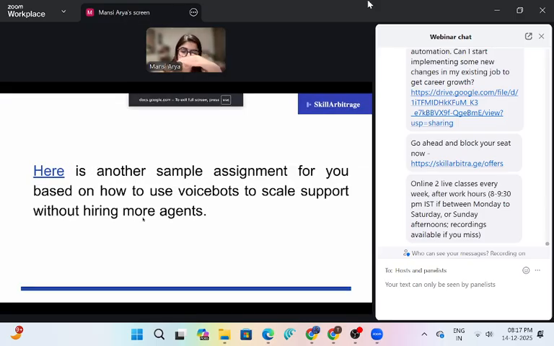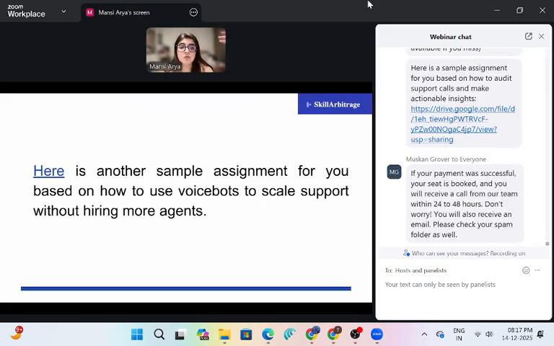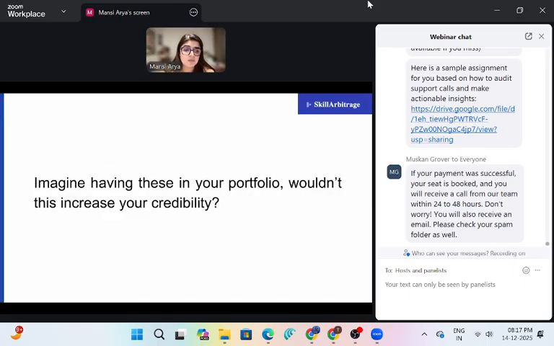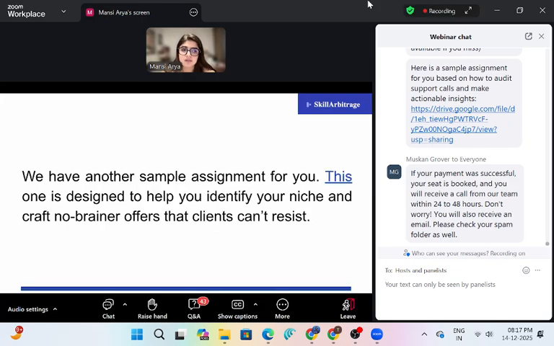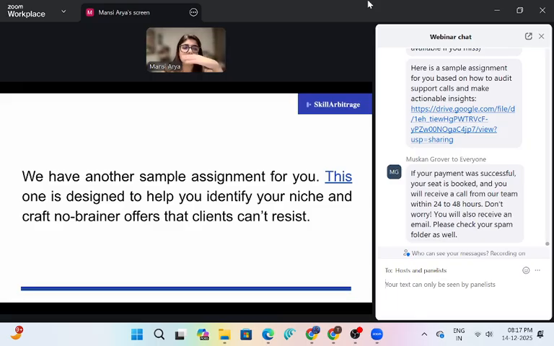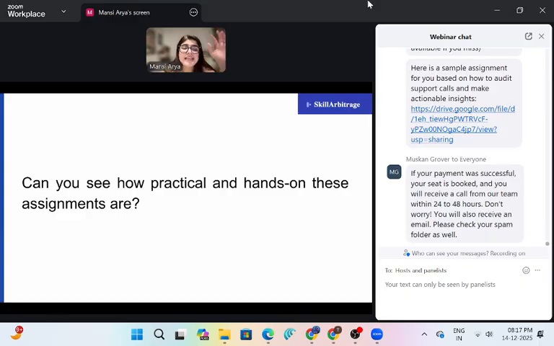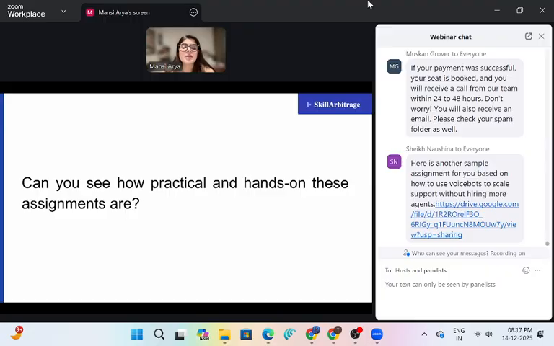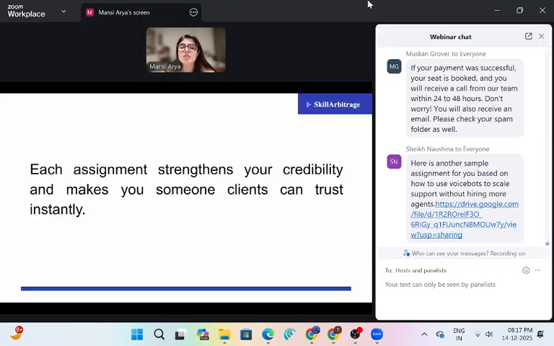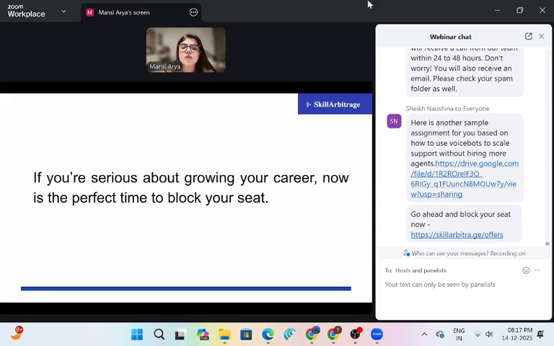Now, I can share multiple sample assignments for you on how to use voice bots to scale support without hiring more agents, right? Imagine having these on your portfolio. Wouldn't this increase your credibility? Yes. I'll share multiple sample assignments for you. This is exactly how practical and hands-on these assignments are. Each assignment strengthens your credibility and makes you someone that clients can trust instantly, even if you're a beginner,